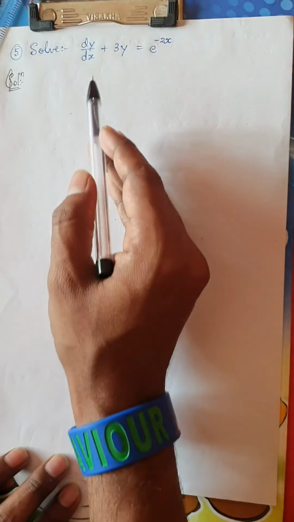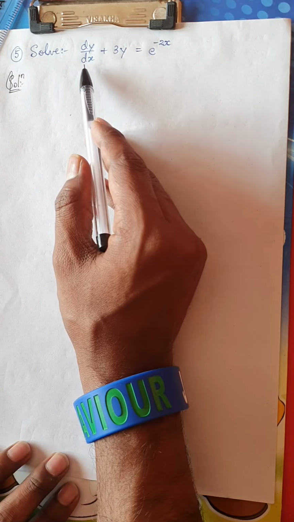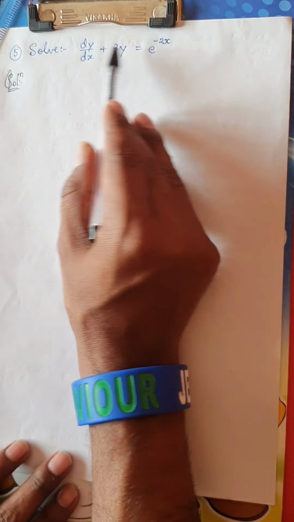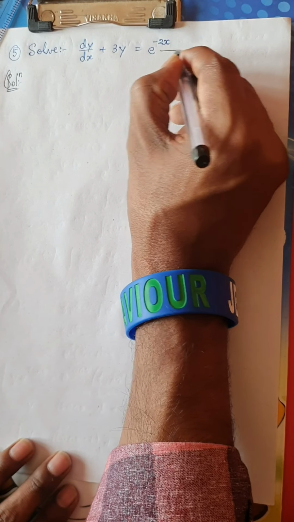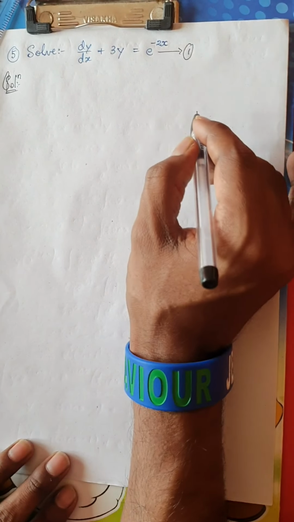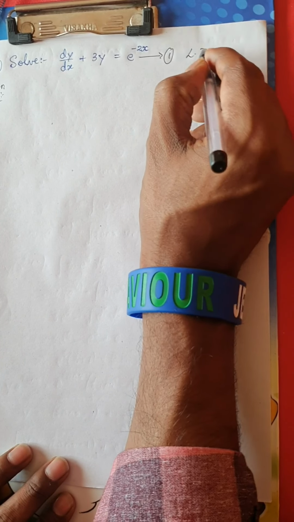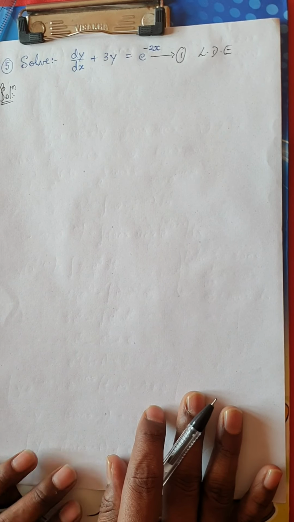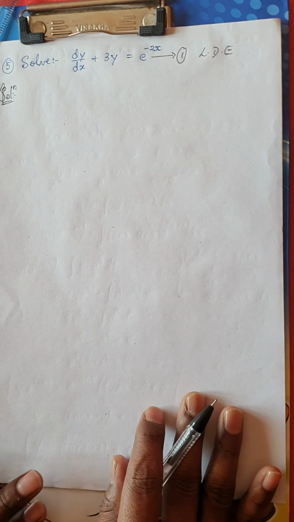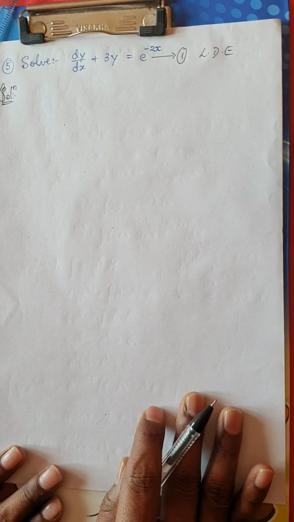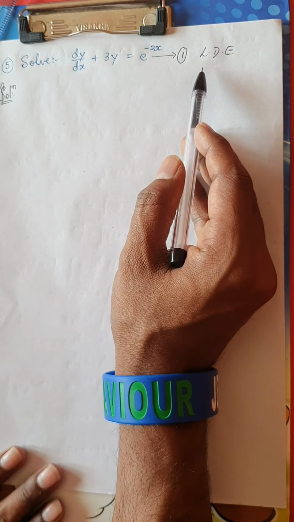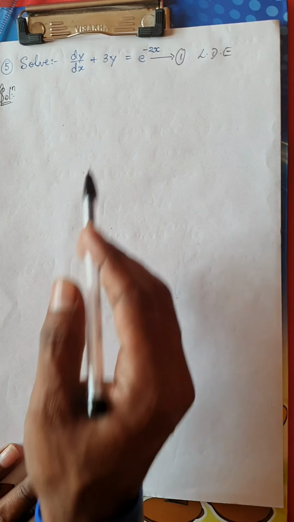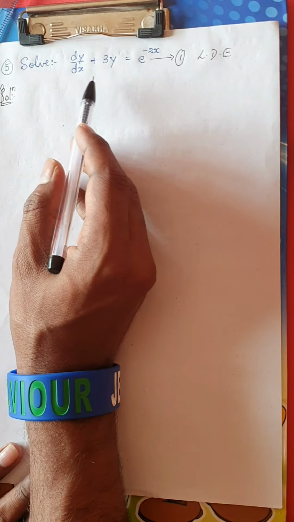Dear students, let us consider the next question. We have dy by dx plus 3y is equal to e power minus 2x. You can see here, this question is already in the standard form. So let me take it as equation 1 and name it as LDE. This is one of the easiest questions of all types. In the design of the question paper which the PU board has released for the academic year 2020-21, this is one of the questions given there, which are probable questions. Let us see how we will solve this.